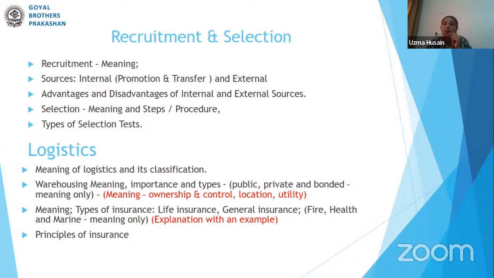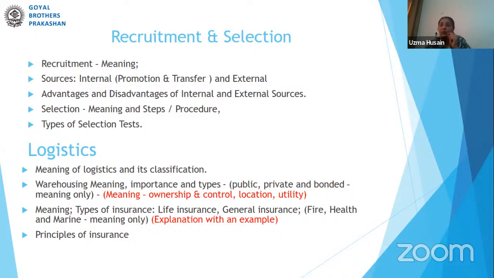So what do we expect a child to write in a short note for 3 marks or for 1.5 marks? When we talk about the meaning of a public warehouse, what is required? It will be the public warehouse, owned and controlled by... So it is the ownership and the control. You can talk about the capital here if the child knows about the capital. Majorly, it is the ownership and control, the location of the warehouse, and most importantly,